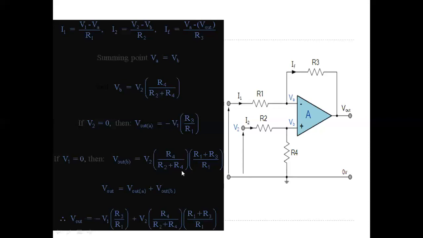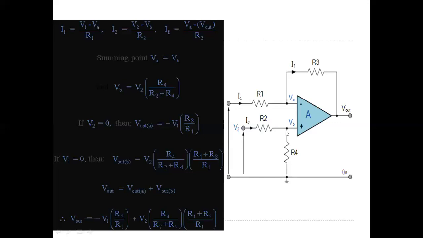Normally we have the closed loop gain V0 by Vn equal to 1 plus Rf by R1. So 1 plus Rf by R1 is this term, and in place of Vin, what is Vin here? Vn is Vb here. This is the middle voltage and this is the initial voltage which we have. Apply the voltage divider rule to get the voltage at this point Vb. Vb is equal to V2 into R4 by R2 plus R4.